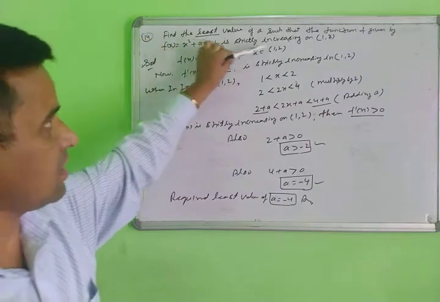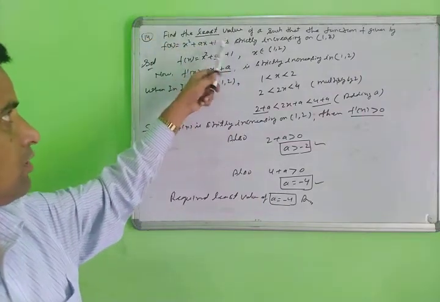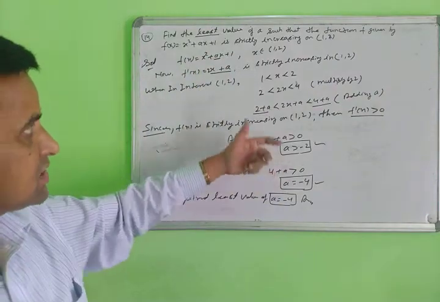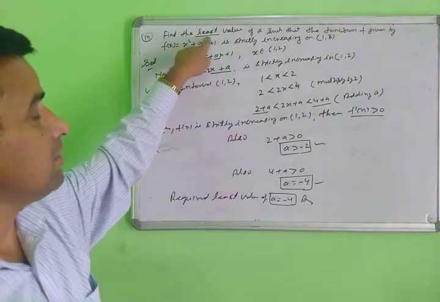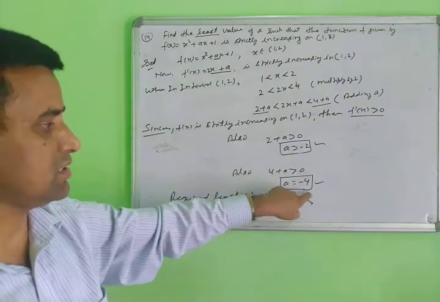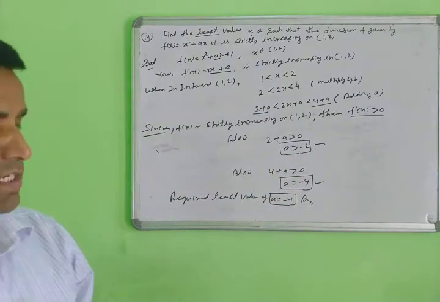Suppose for everything you are given, you find what is the least value, what is the maximum value. Suppose your question is interchanged, find the maximum value. Then you write what the maximum value of this is, and the least value of this. Then you can note down the next question.